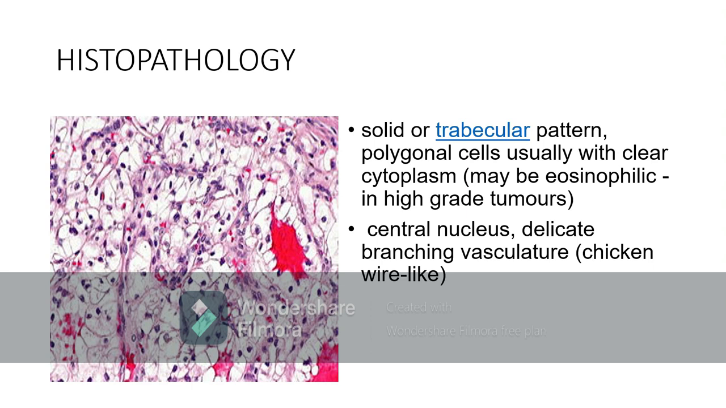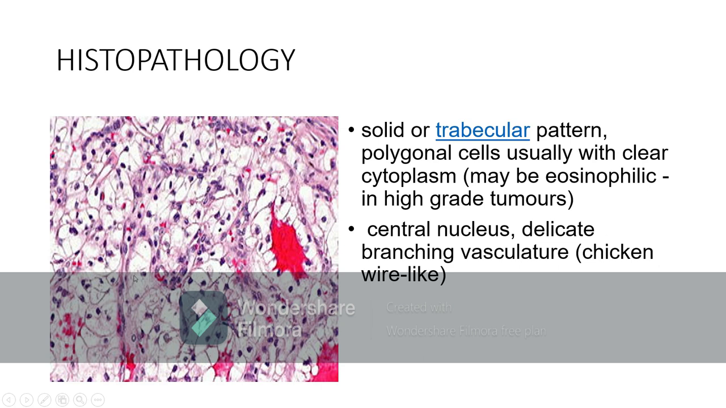So how is the histopathology picture? Histopathologically, you will see nest or solid or trabecular pattern of polygonal cells, usually with clear cytoplasm. So how is the cytoplasm? It is clear. So you should not write this as lipoma, because in lipoma you don't see this much of blood